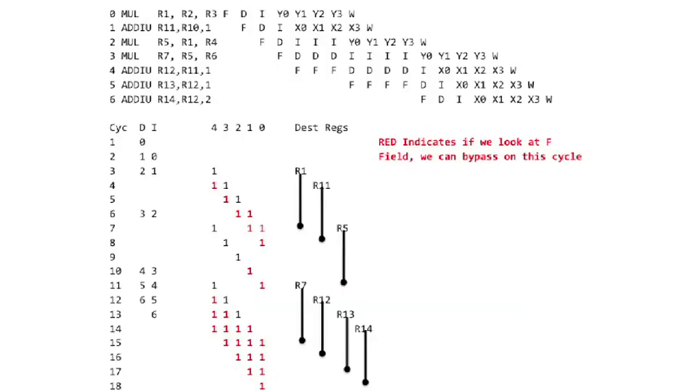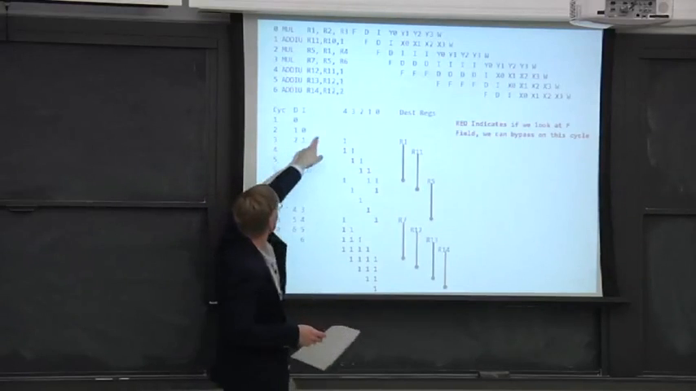So on the bottom of this chart, we actually show the scoreboard. And red denotes that the value is ready. So let's take a look at something here. In cycle 3, we start executing instruction 0. Instruction 0 is a multiply. So what happens is